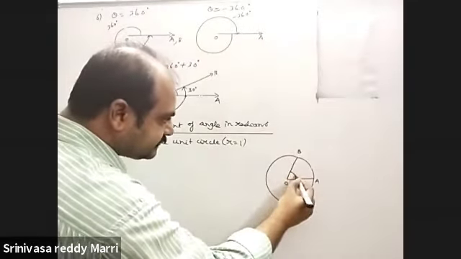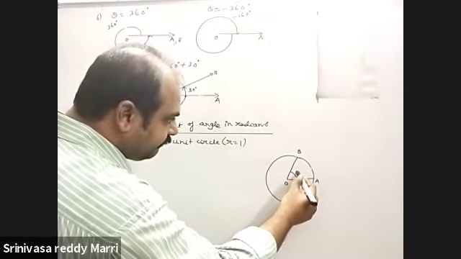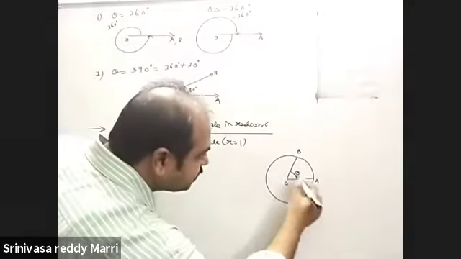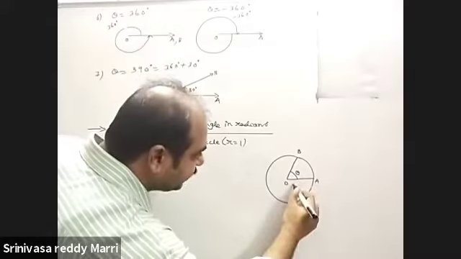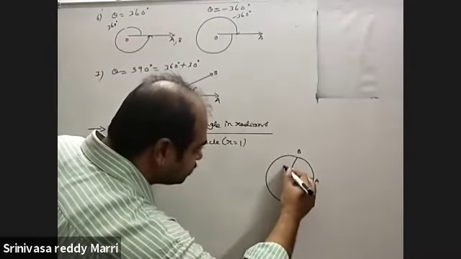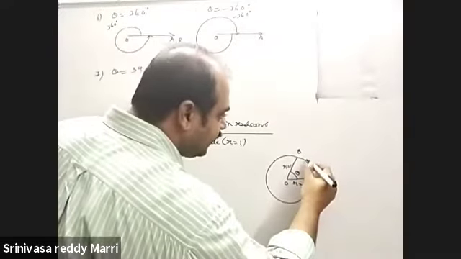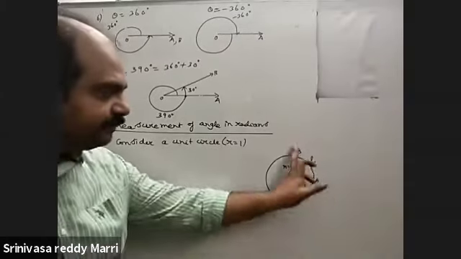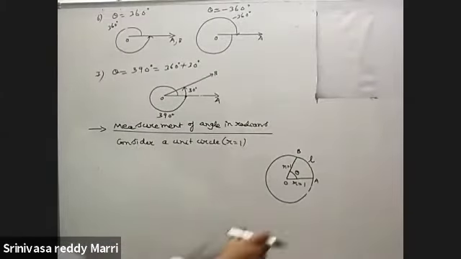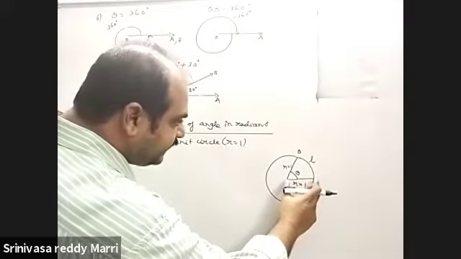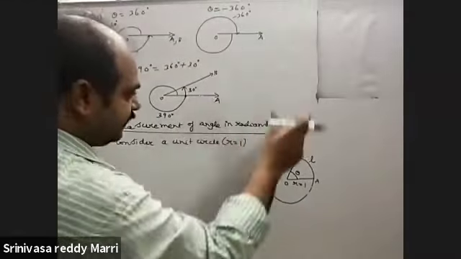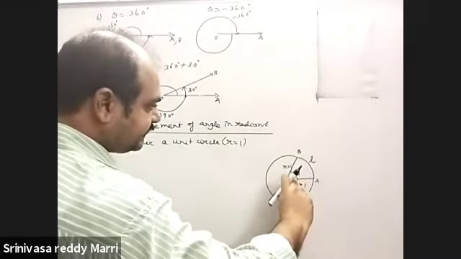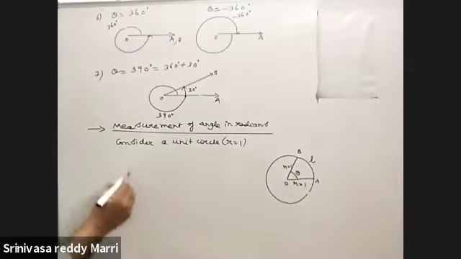Let us say this angle is theta, a positive angle. This is one sector, OAB is one sector. This is radius, and let us say this arc length AB is L. In this sector, the initial side is OA and the terminal side is OB. This angle is theta, and this is L.